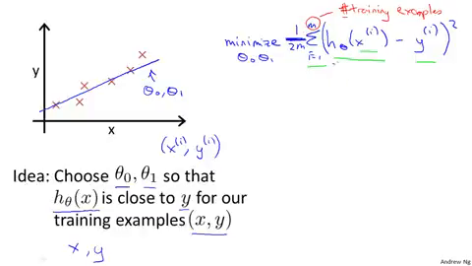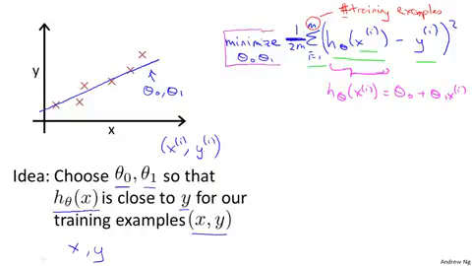This expression in here, h subscript theta of x, this is our usual hypothesis, that's equal to theta 0 plus theta 1 x i. And this notation, minimize over theta 0 and theta 1, means find me the values of theta 0 and theta 1 that cause this expression to be minimized. And this expression depends on theta 0 and theta 1. Okay? So just to recap, we're posing this problem as, find me the values of theta 0 and theta 1